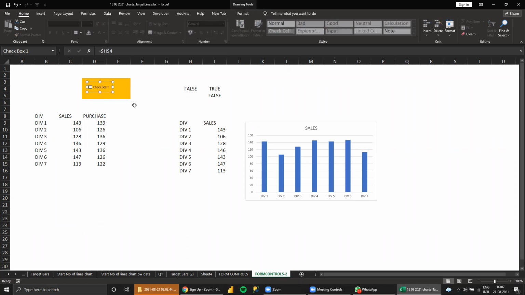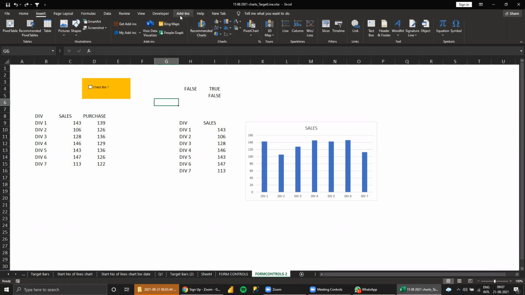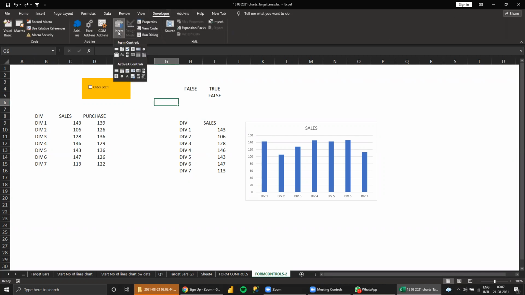So what I need to do, I give this letter B. I can create one more. Insert, developer, here checkbox, I can give, like this.